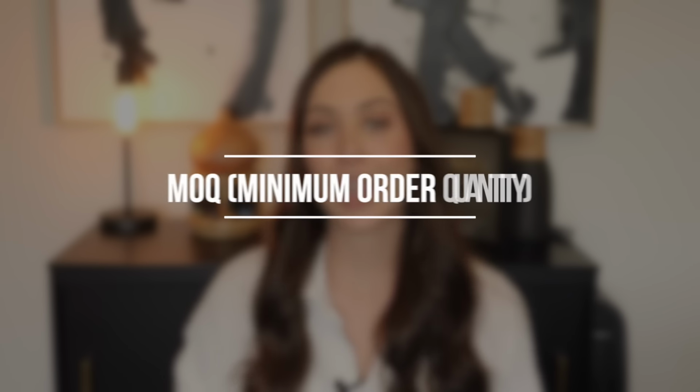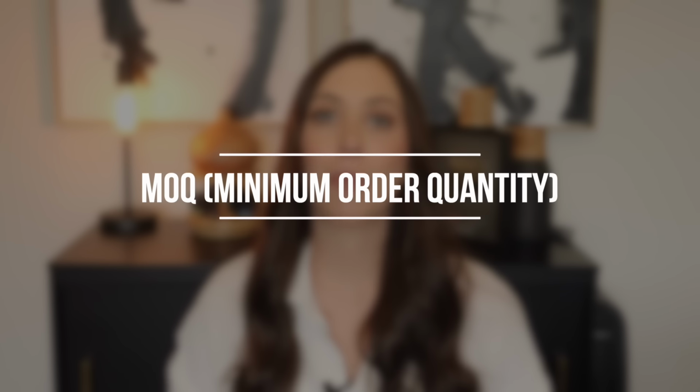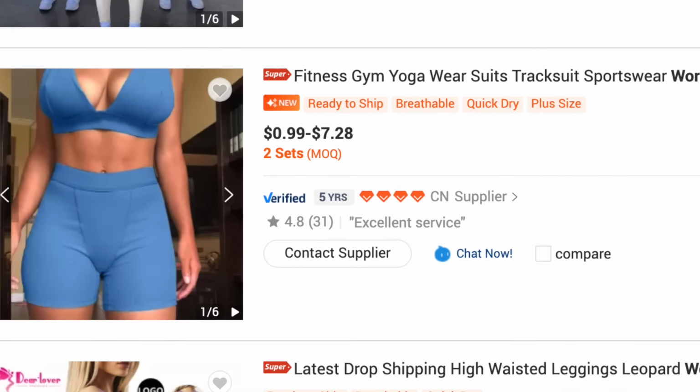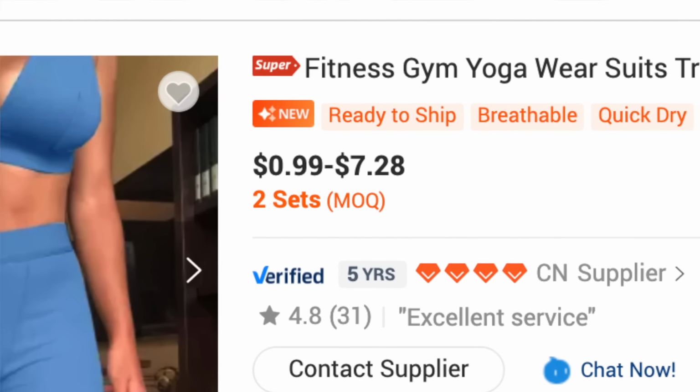Now, something you need to look at is the MOQ, which is the minimum order quantity, which is gonna be different for every single seller. So some of them might only require you to purchase one outfit at a time, whereas another supplier may require you to purchase 10